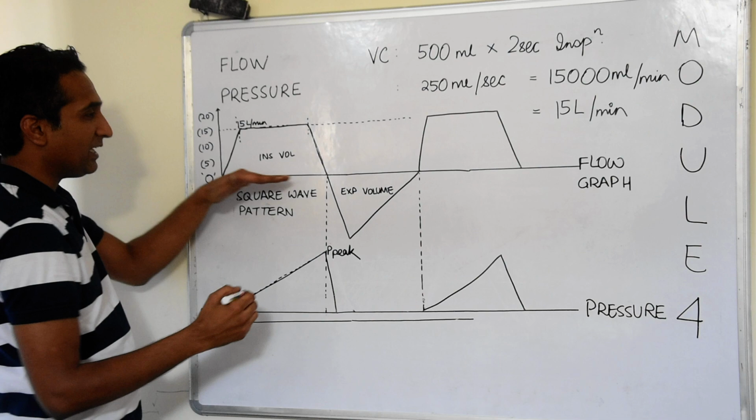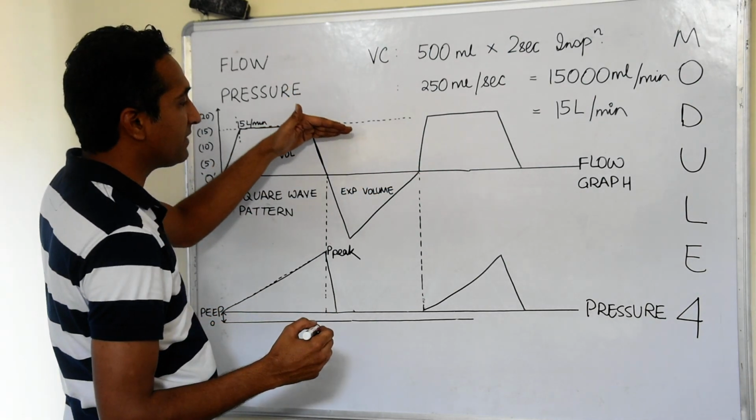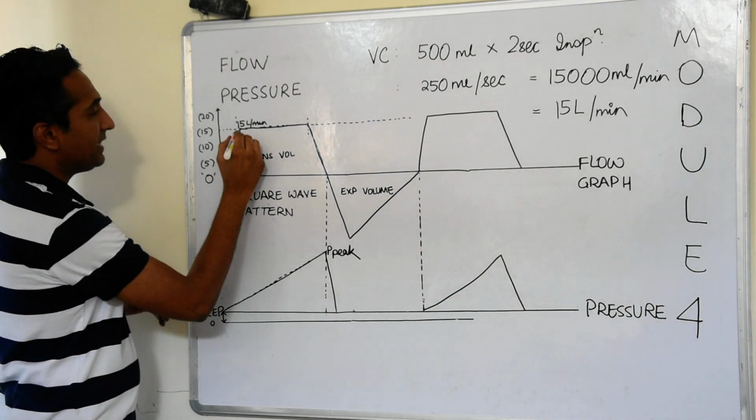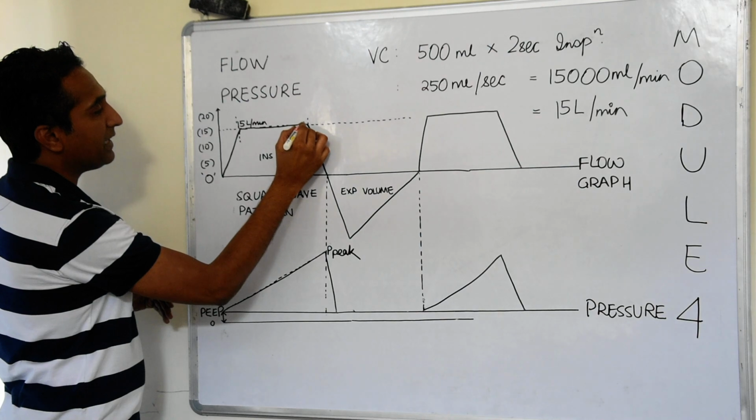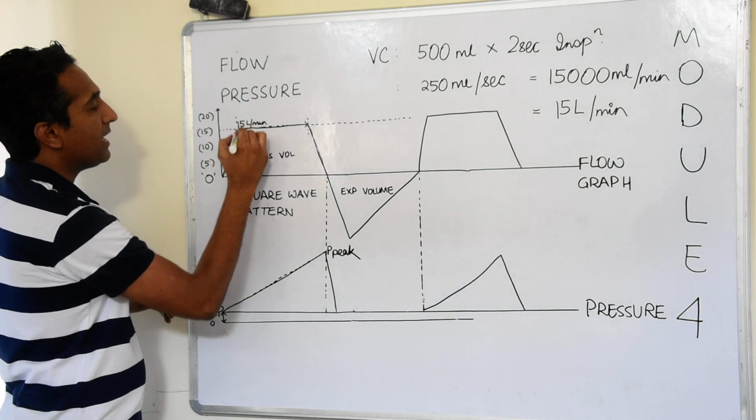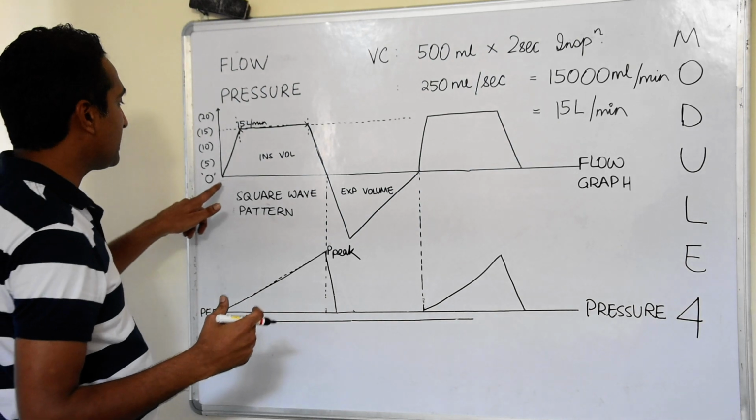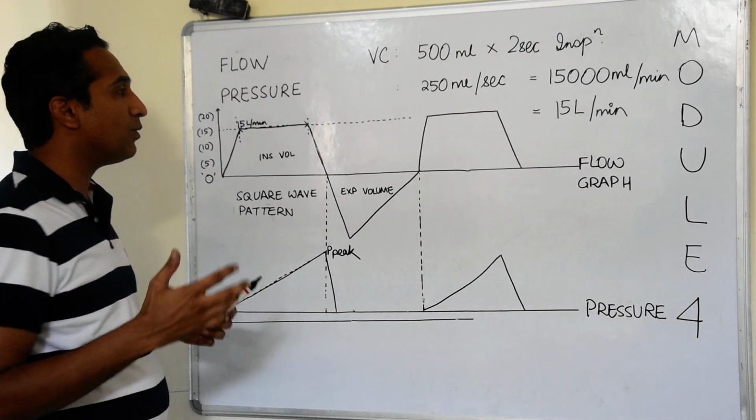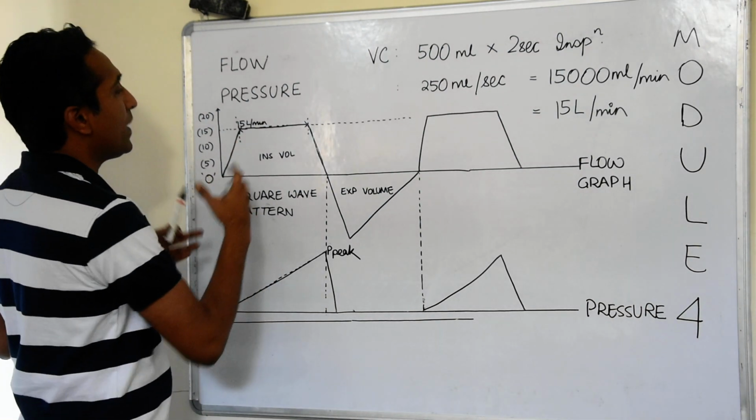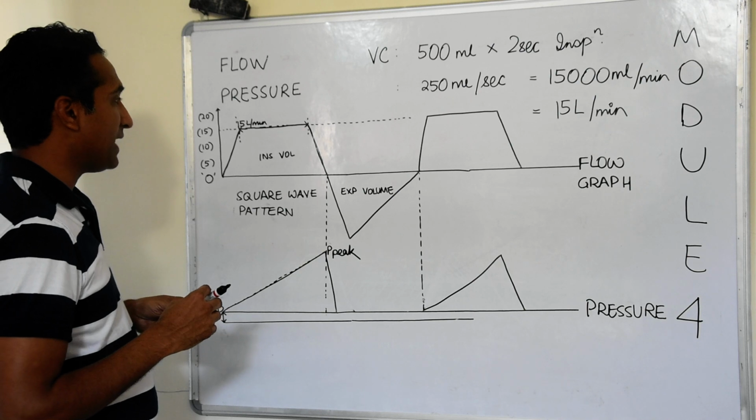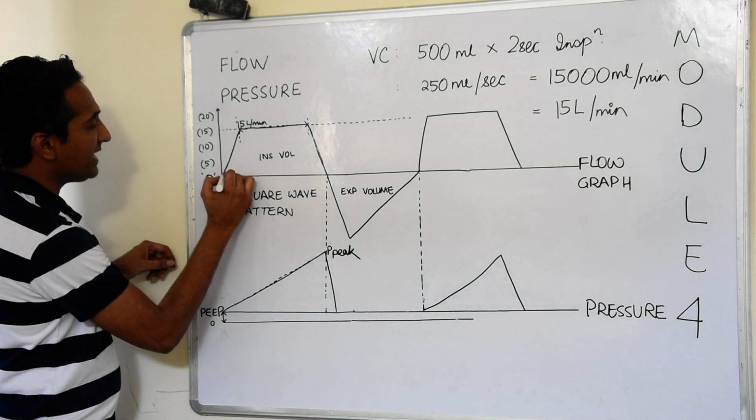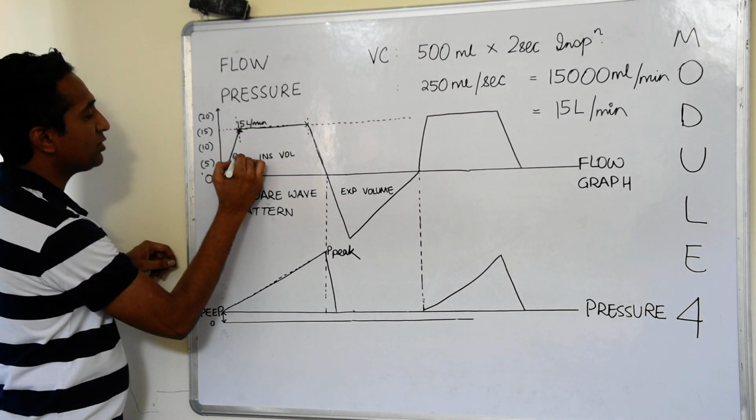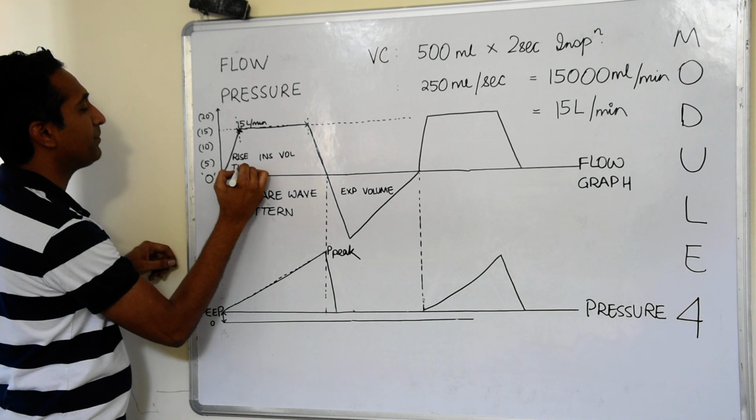By convention, in a flow graph, we put the inspiration above the graph and expiration below the graph. What we can see is that the volume delivery is by a constant flow. This gives a typical square wave pattern to the breath, and volume control modes are defined by this square wave pattern of flow that they create. This initial rise of flow from 0 to 15 liters per minute is known as the rise time,